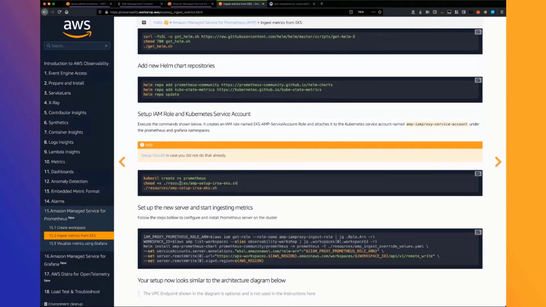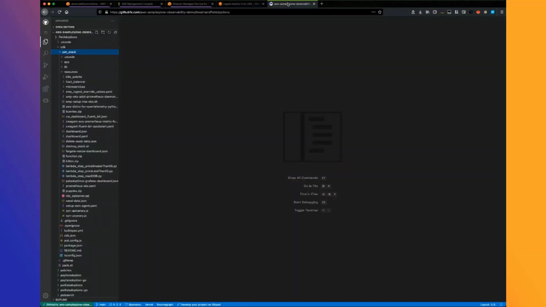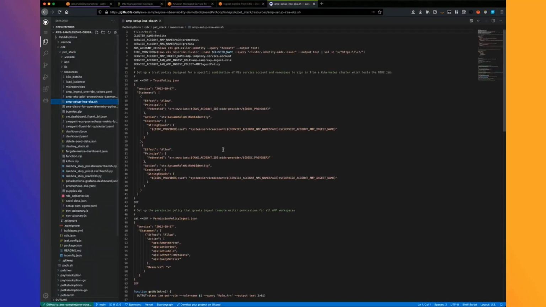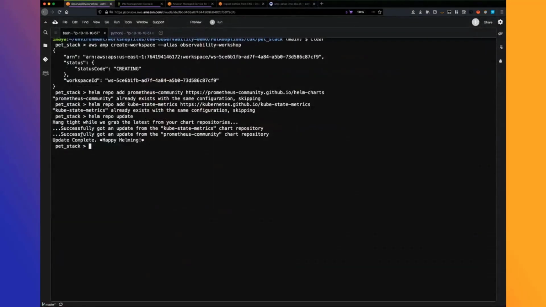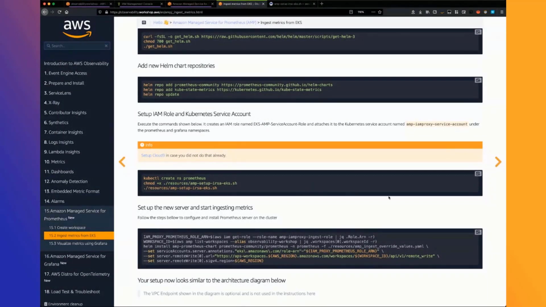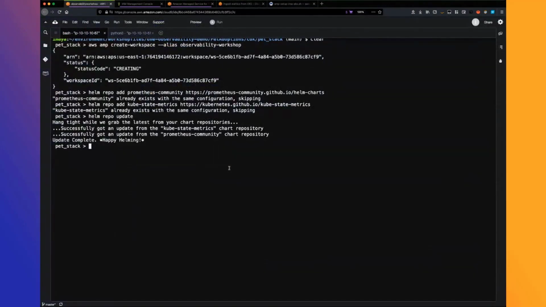So it's actually going to go into the resources directory and run this shell script. And those scripts are here inside resources. And you can see that this is the shell script. So this script actually does a couple of things, and I'll tell you what it does. But basically, you need to go into the pet stack folder and be there to execute this. So once you're there, you can copy this by clicking on this here, and all you have to do is just paste. And now what is going to happen is it actually created a namespace called Prometheus, and